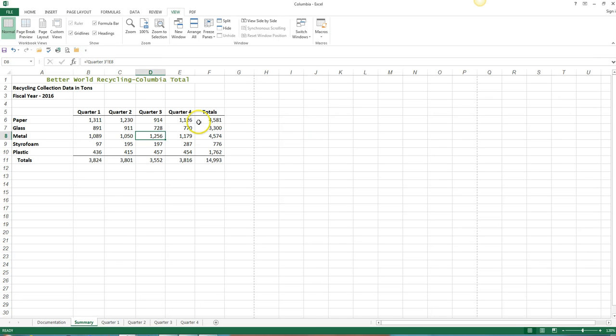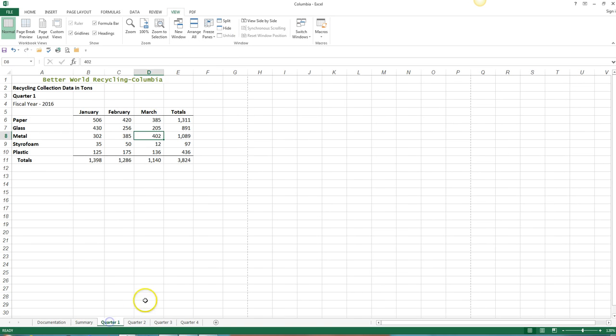In cell D8, so we're going to go to D8 right here, enter, try that again. I think I hit the wrong tab because I'm supposed to be in Q1. Really glad I caught that before I did it, right? So in Q1 on D8, now 302 instead of 402, 302, press your enter key. Okay. All right, go to the summary worksheet